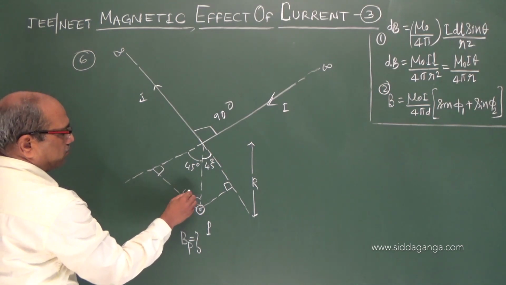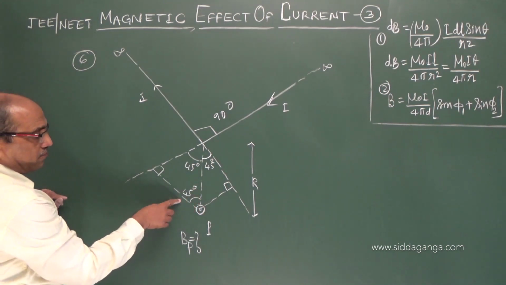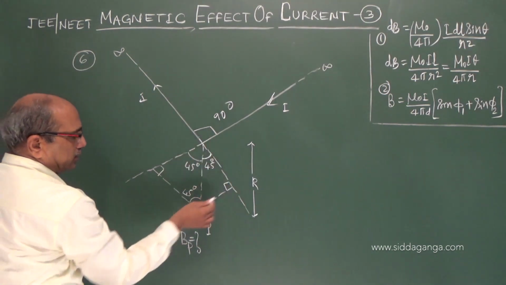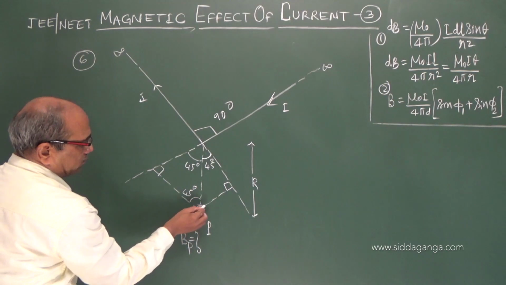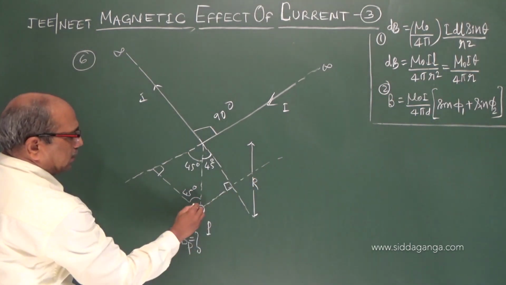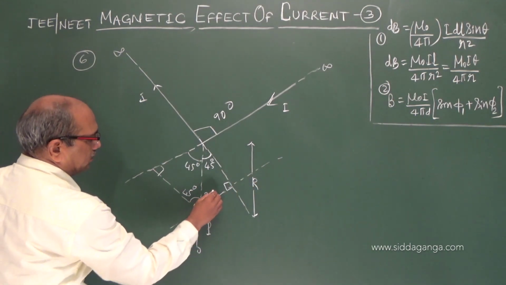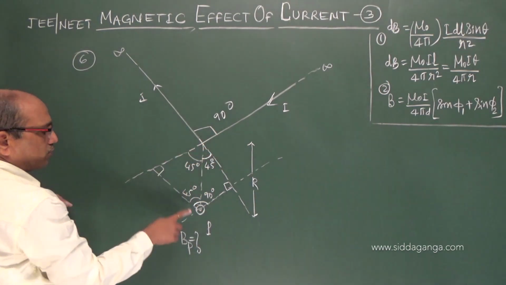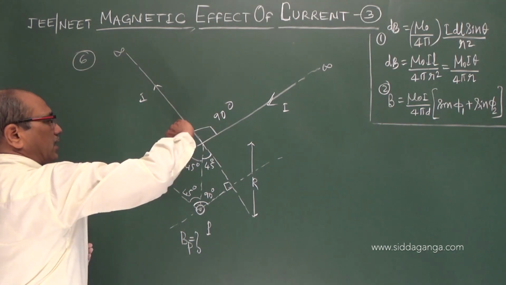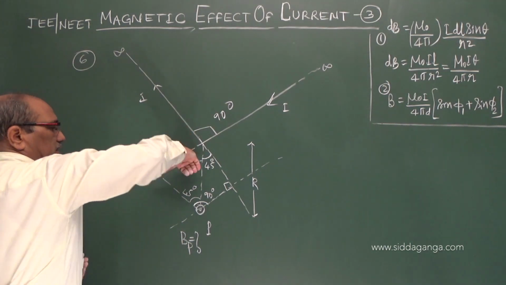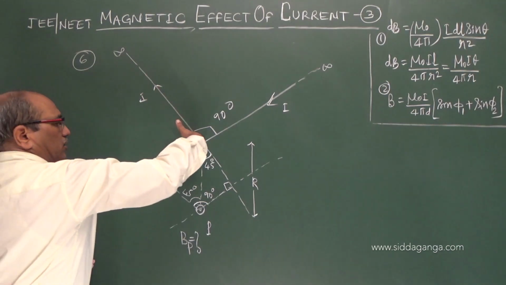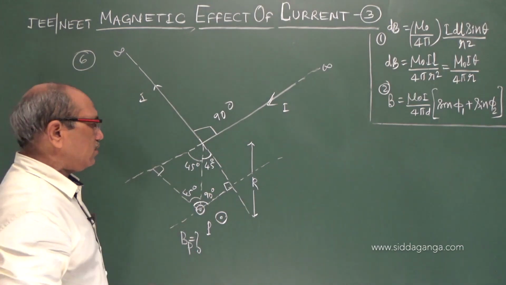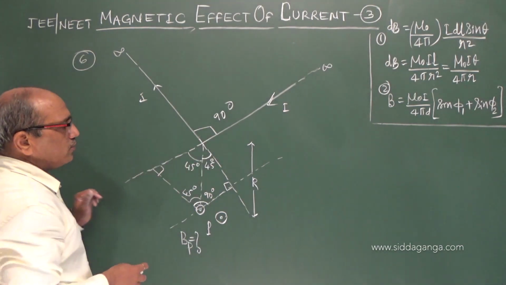Now this is a point similar to the previous. If it is 45, at this point again you see the conductor ends here. The parallel line runs like this. And the angle I have to take as 90 degree. That means, like the previous, one wire is producing the field. This is the current direction, which says the field is out of the board. And here also it is out of the board, perpendicular to the board outward. Both fields have the same magnitude.